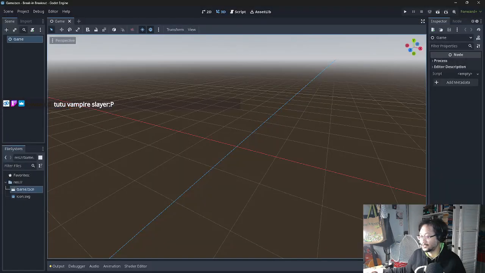I'm going to make a game that's basically Breakout with gravity. So, but before we do that, we do need to